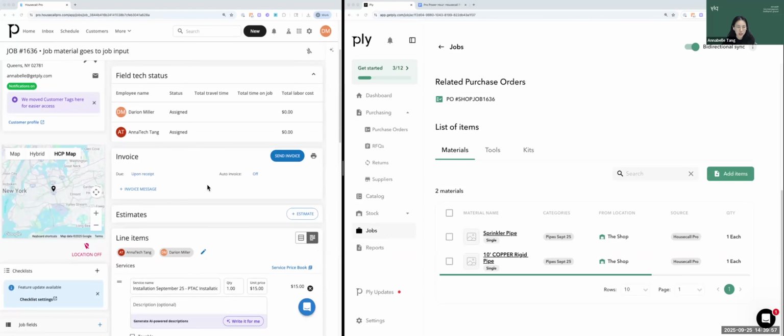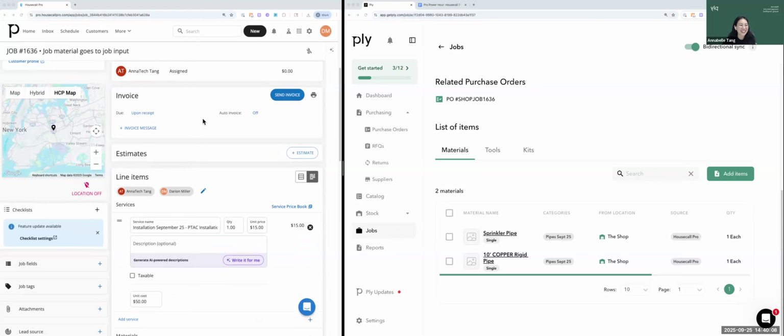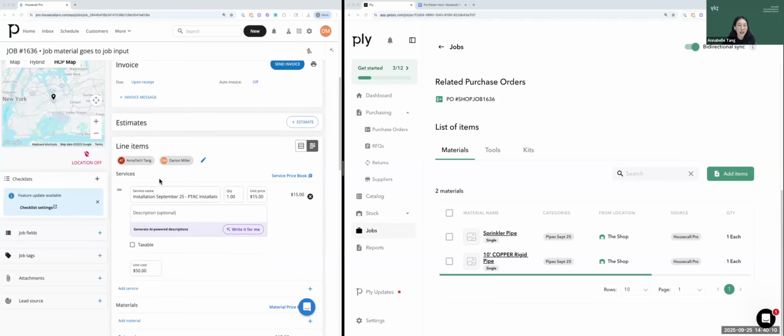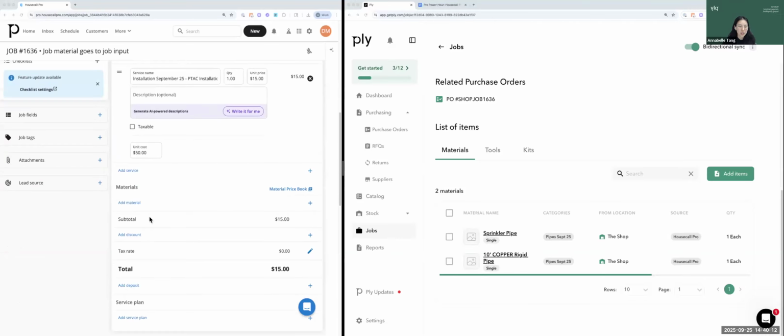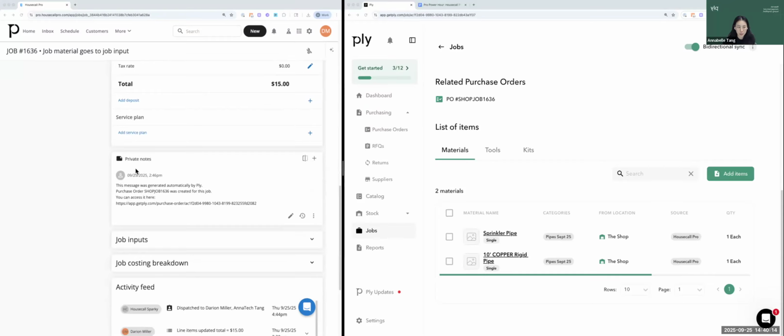This is the invoice section. On this job, 2 technicians were assigned, both our co-founder Darian and myself as a technician. And there's an invoice section, there are line items, there are materials, there's private notes where the purchase order is